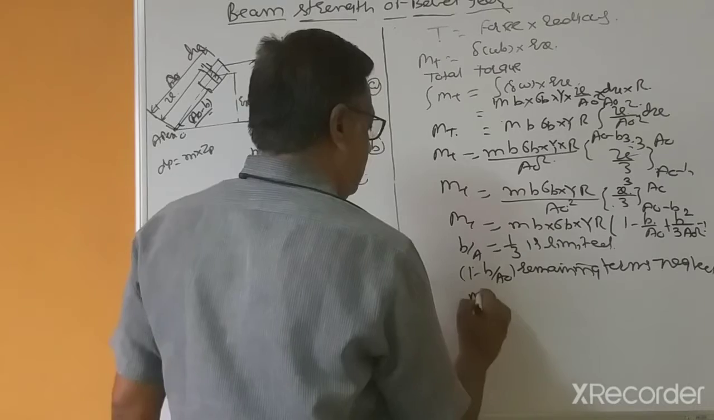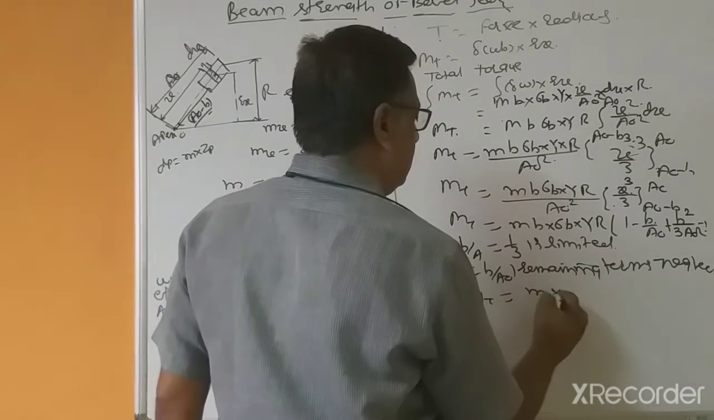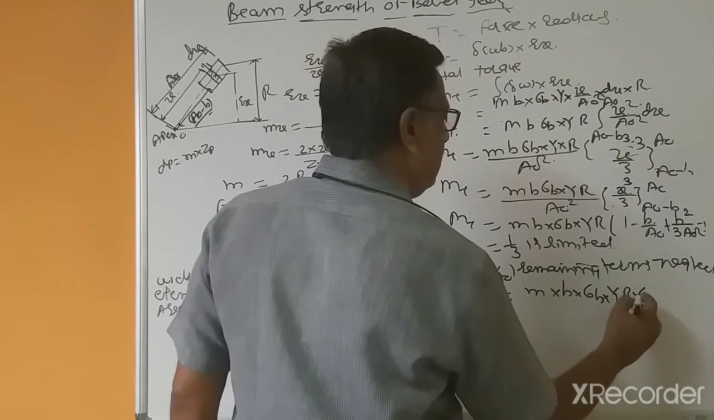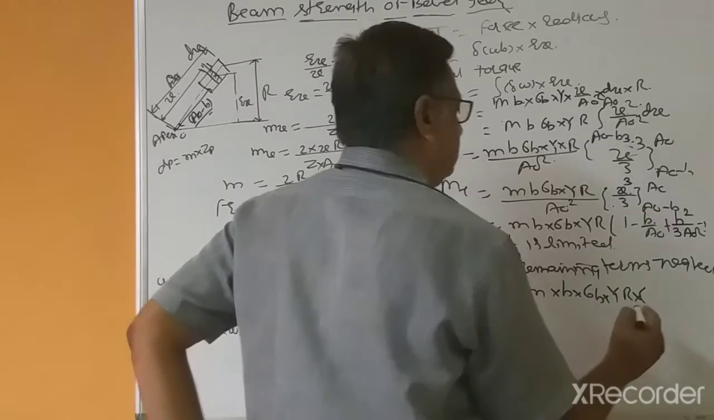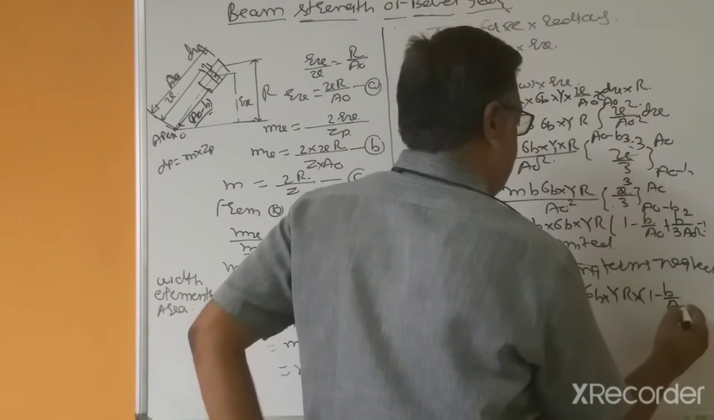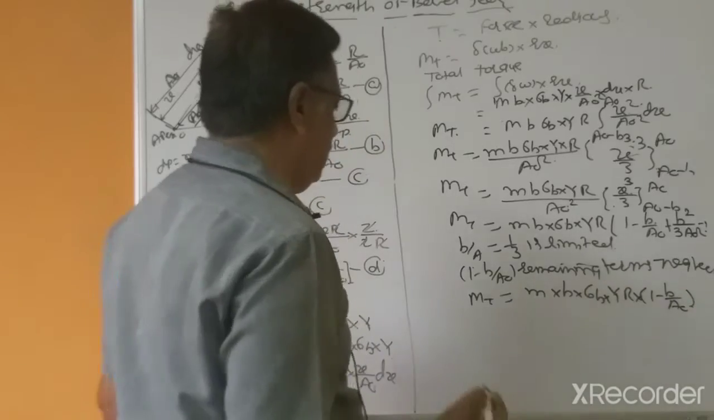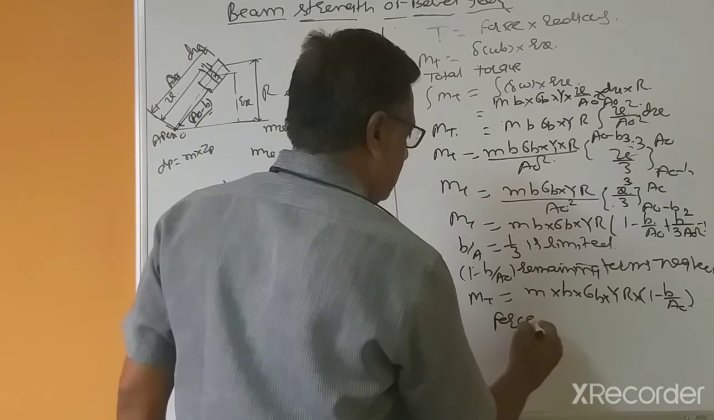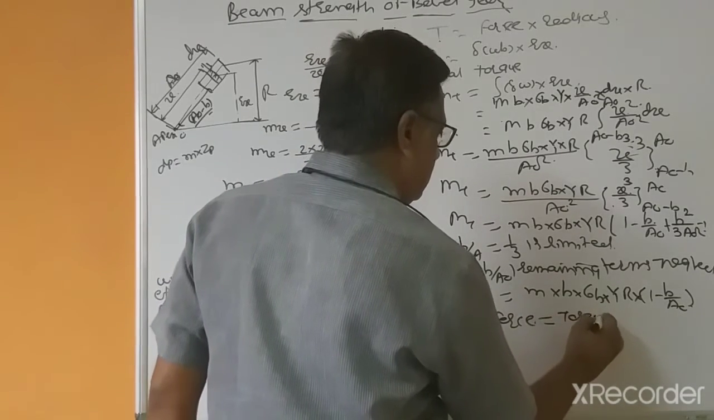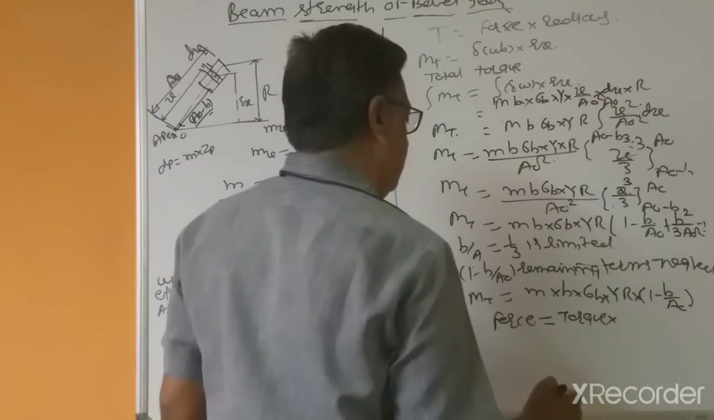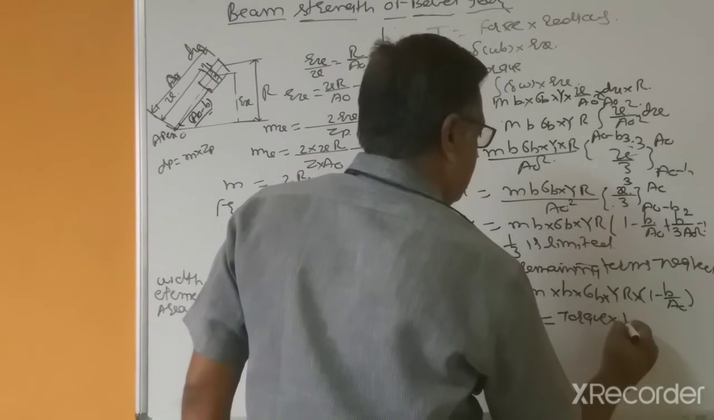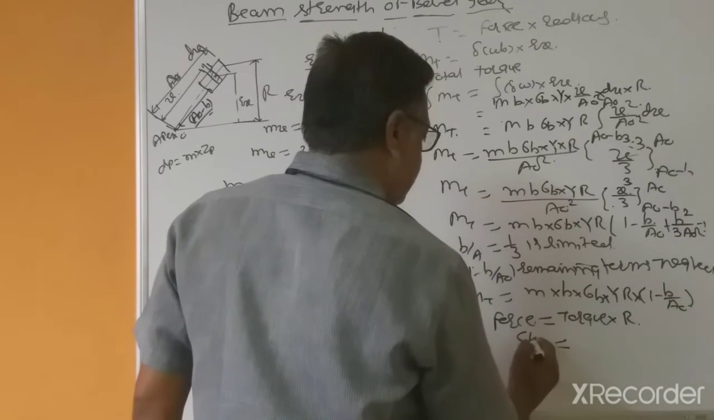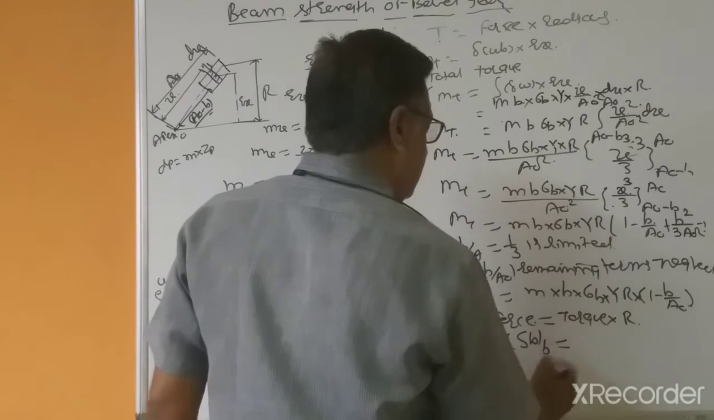and torque equal to, you get y r into 1 minus b divided by a0. Now beam strength or force equal to torque divided by radius. So this is the beam strength of bevel gears, this is torque,